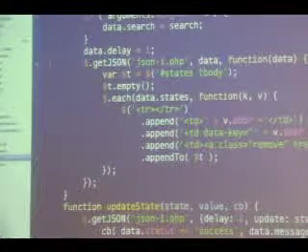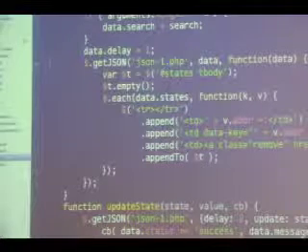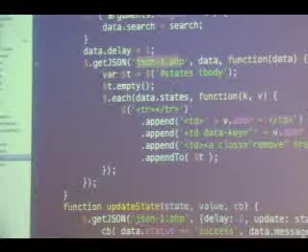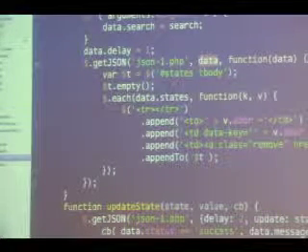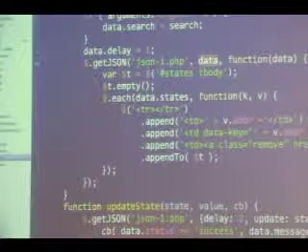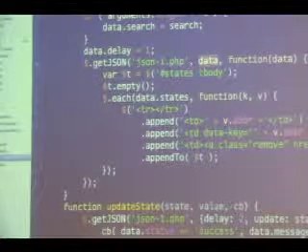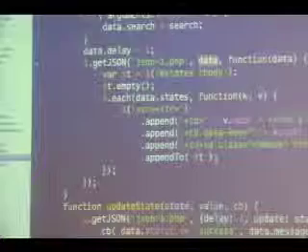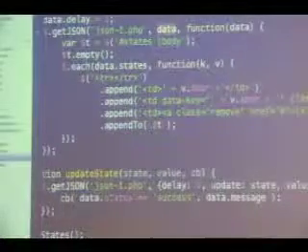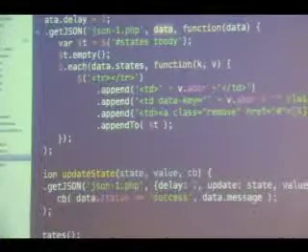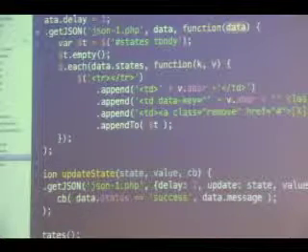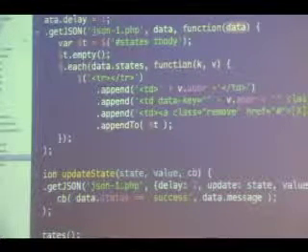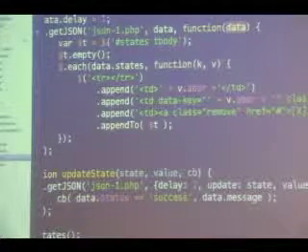So the first argument here is the URL. The second argument is data that is passed to the server, so any key value pairs. In this case, data.delay equals 1. And then my callback function to execute at the point when the data is returned from the server. That callback function is passed the actual data itself. At this point, it's already been evaluated.